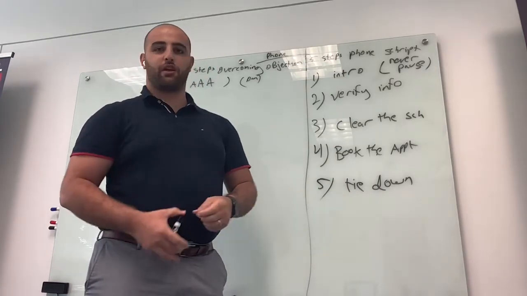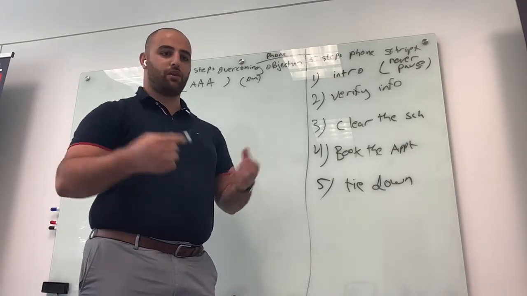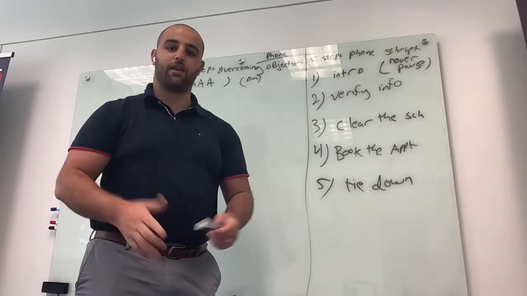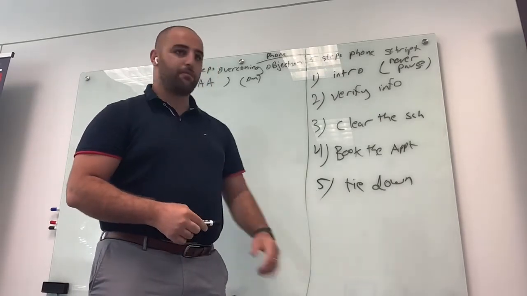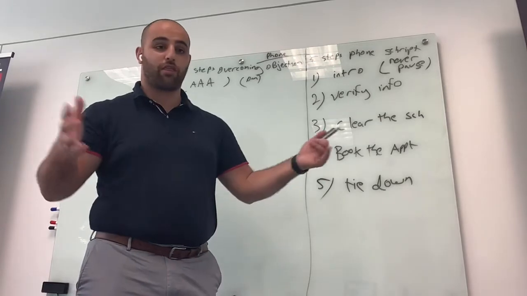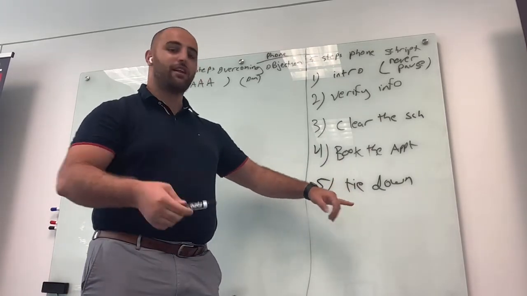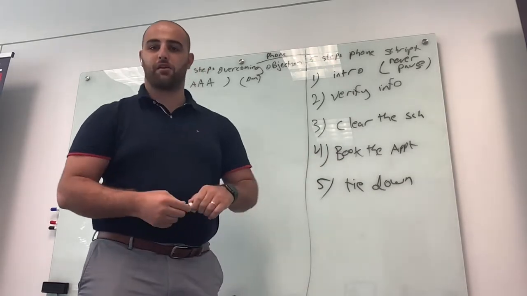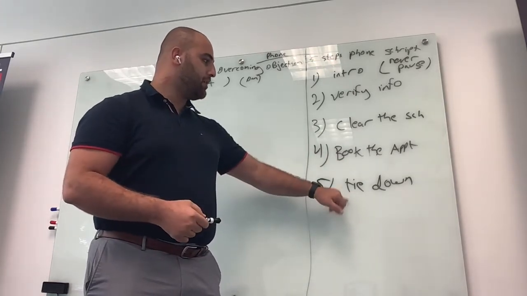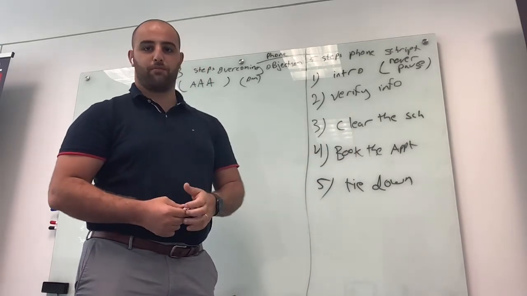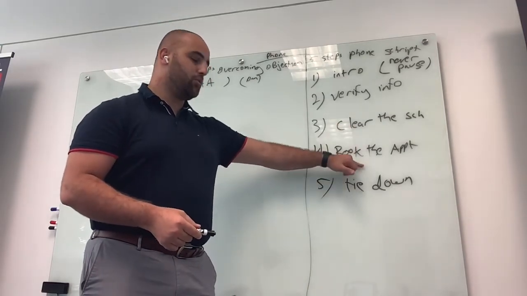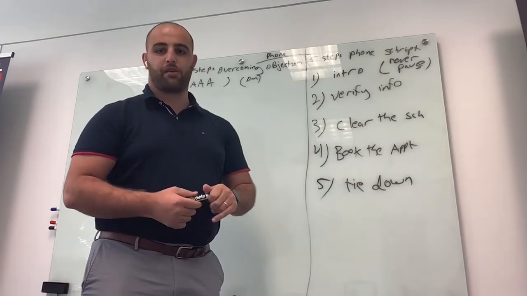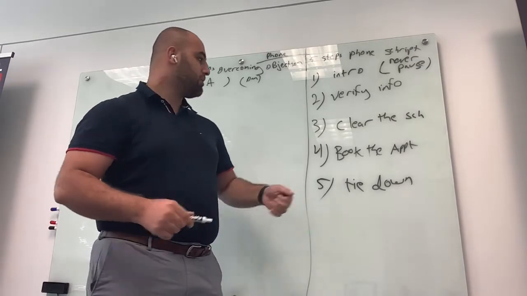Hey, I'll be driving a red Mazda. You see a red Mazda in the driveway, throw a little joke, keep your baseball bat or your shotgun away, a little joke right there. Hey, the numbers are on the mailbox or on the house or both, stuff like that. Just tie down, let them imagine you coming over. Hey, what's the color of the house? Can I find it in the GPS? Stuff like that. So tie down is really important, and clearing the schedule is really important, because if you don't clear the schedule, you will get a no-show, right? So that's why tie down and clearing the schedule are the best things to focus on, and make sure you follow these steps